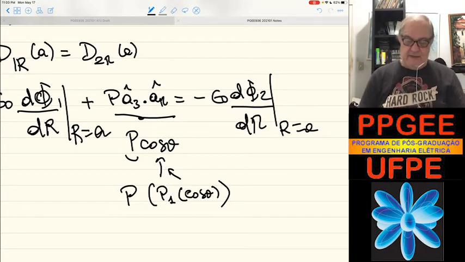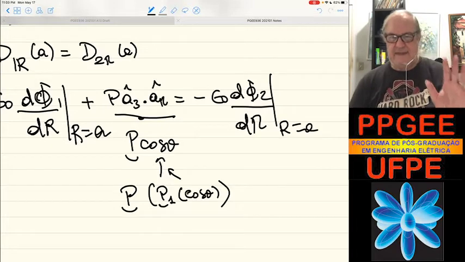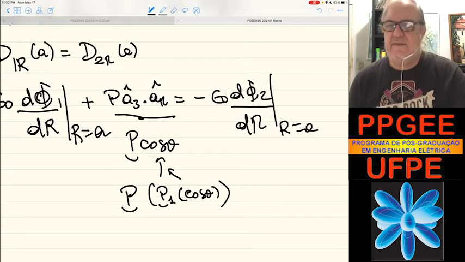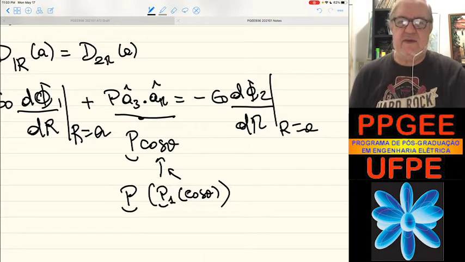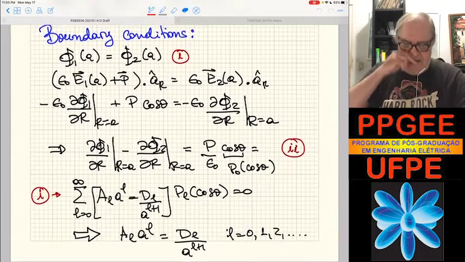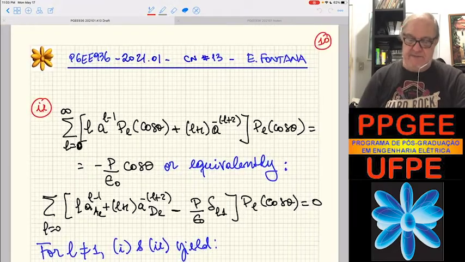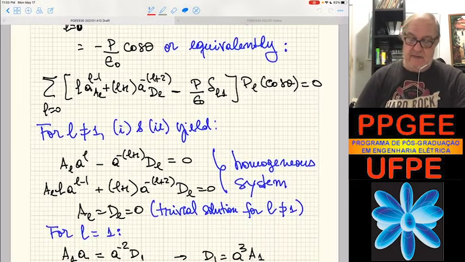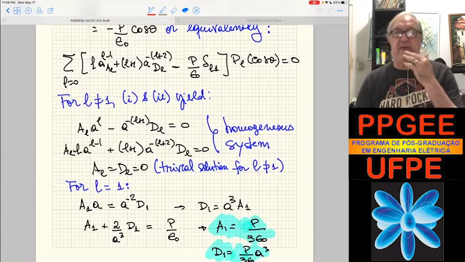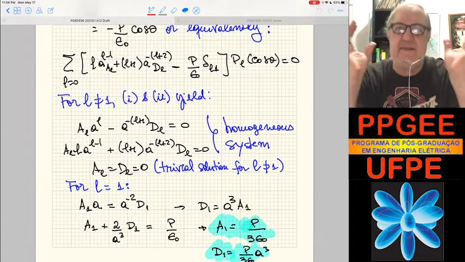Okay? So this P is not the same as that one. Let's not make that mistake, right? So you have those equations. So you can assemble the equation. I'm going to skip some of the steps here. We are going to have, you can assemble the sums